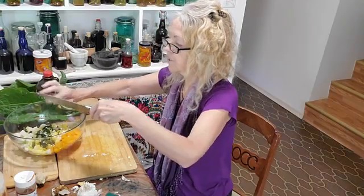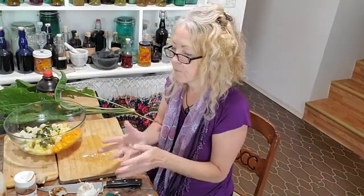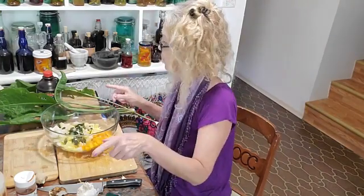hint of a surprise. Remember, we were talking yesterday about when you bite into something and you're kind of used to what you're eating in the meal. You take a few bites and it's like, oh okay, this is really good. And then you bite into something and you get a surprise. Well, that's really cool too. I like that. I like surprises. Okay, so